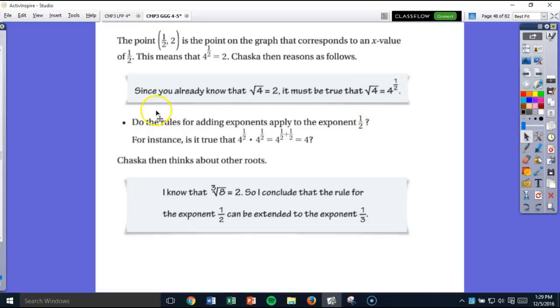So the next question is, do the rules for adding exponents apply to the exponent 1/2? For instance, is it true that 4 to the 1/2 times 4 to the 1/2 equals 4 to the 1/2 plus 1/2, or 4 to the first? Well, if we consider that 4 to the 1/2 is equal to 2, then if we take 4 to the 1/2 times 4 to the 1/2, that would be 2 times 2, which is going to equal 4. So we should be able to add